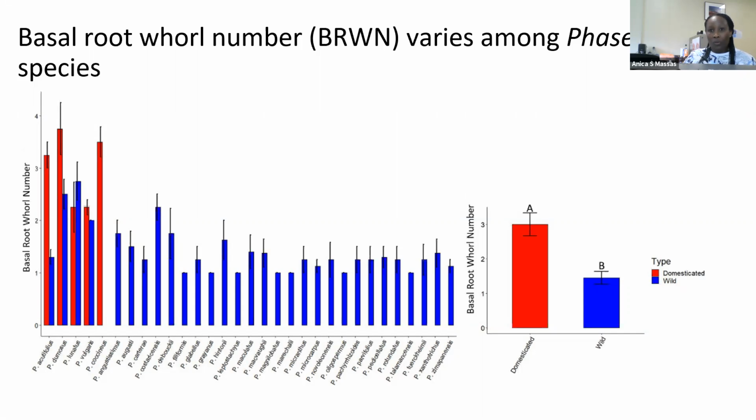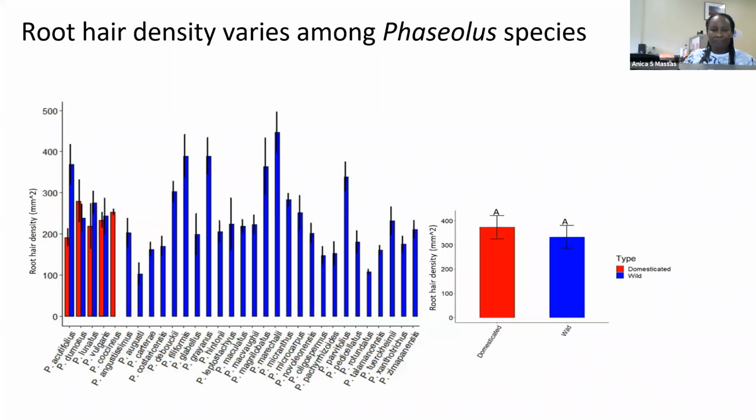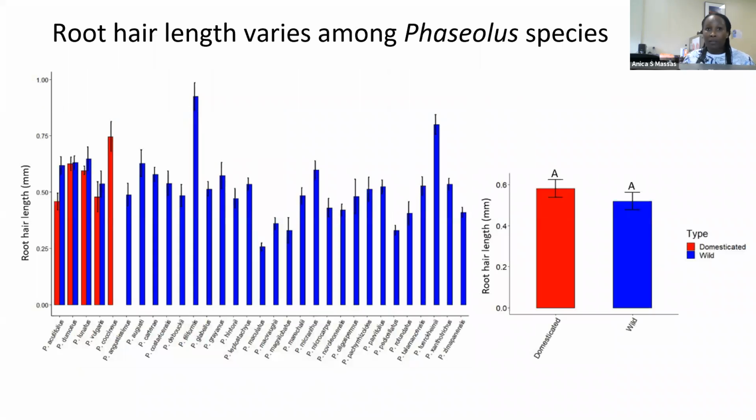So we did this for root hair length and density. And we find that in the root hair density, some wild genotypes have higher density compared to cultivated genotypes. Some wild genotypes had higher length compared to cultivated genotypes, though there is no significant difference here. Going through, we did this for root hair length and density too. We find some genotypes that have higher length. And this brings us,